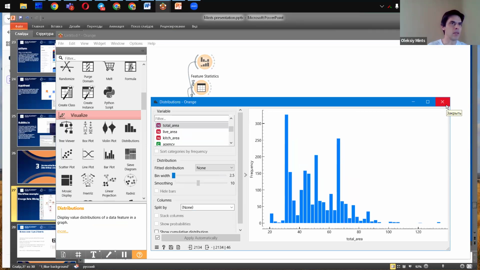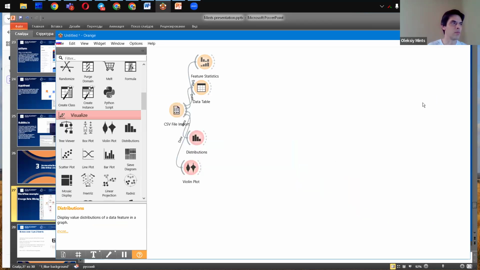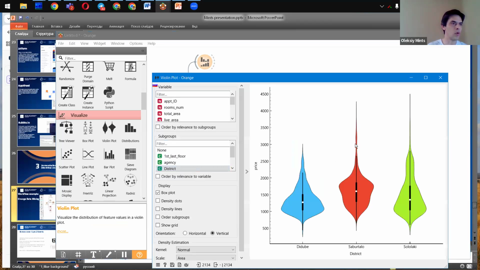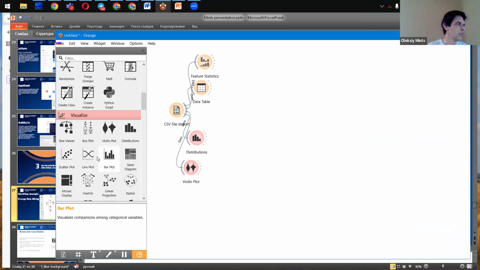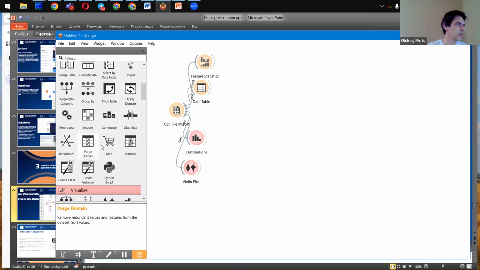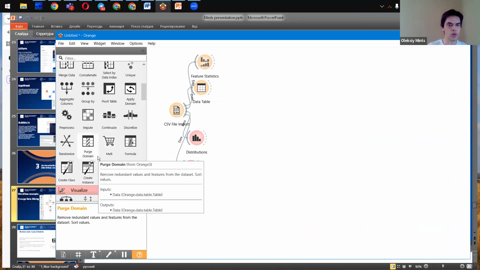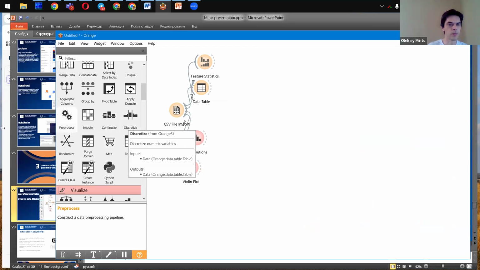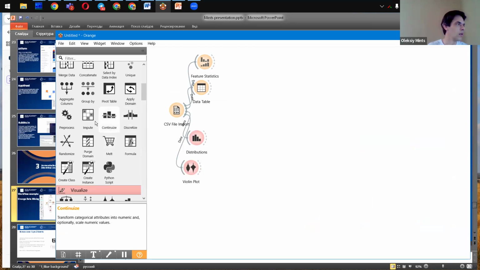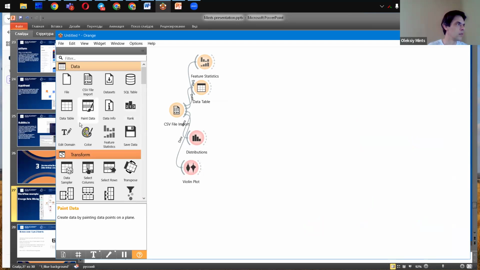Statistics, I don't want to dive into this part too deep, but we may use this tool also for data understanding and data analysis. On the next stage, we define data roles using the select columns widget.